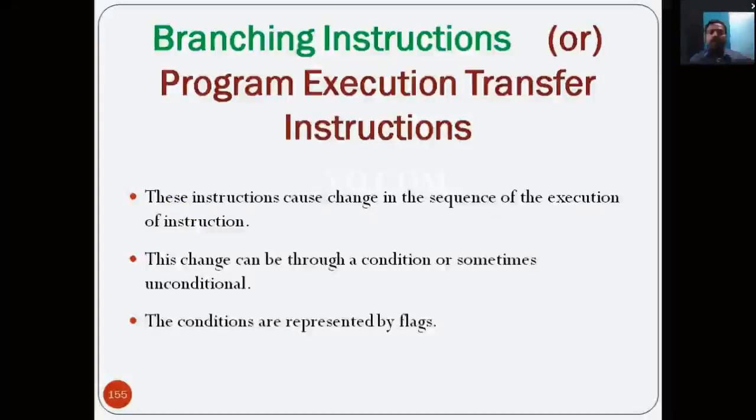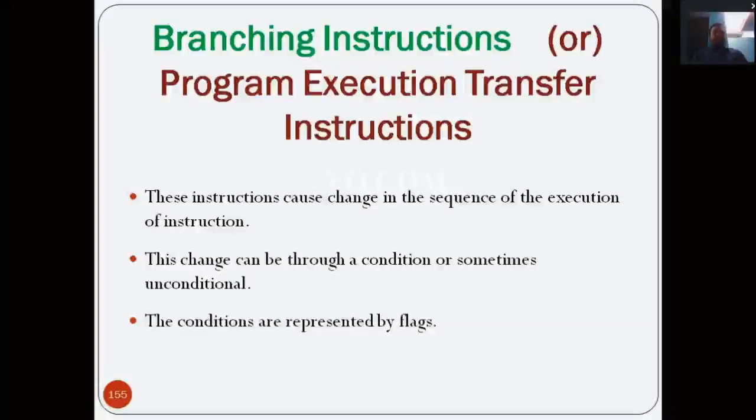Next we are going to see the branching instructions, that means program execution transfer instructions. These instructions cause a change in the sequence of execution of instructions. This change can be conditional or unconditional.